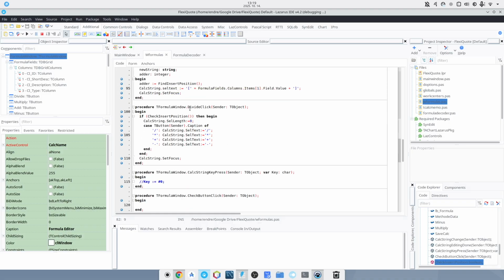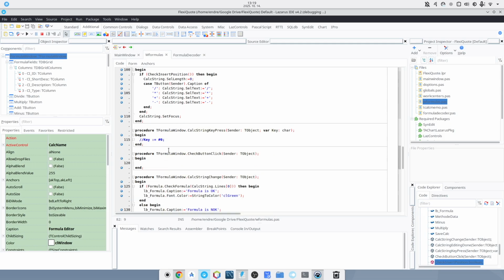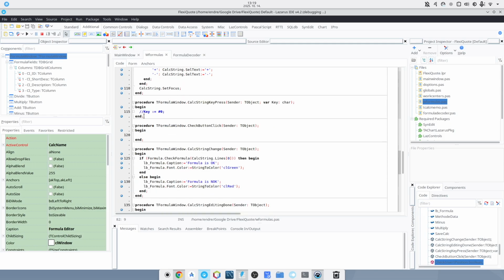Then of course there are some button functions, and I was talking about how I can now enter everything into the calculator field itself, but I also defined this calc string key press procedure. And if you return a key value here as 0, then any entry key will be rejected